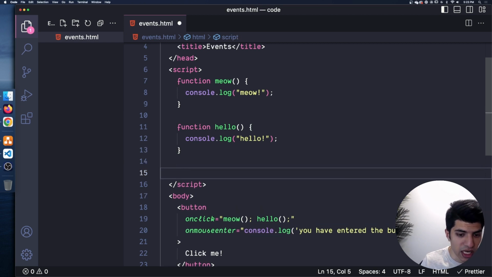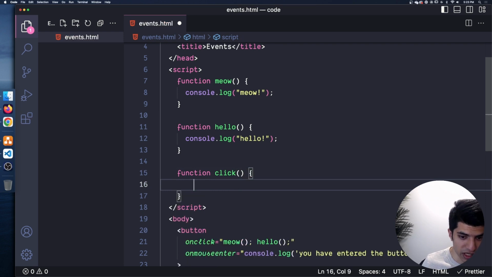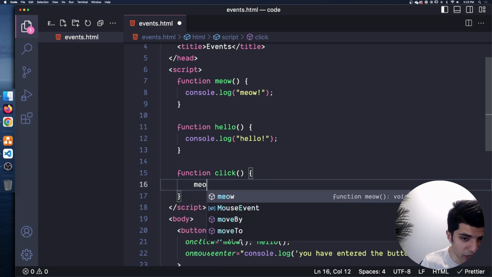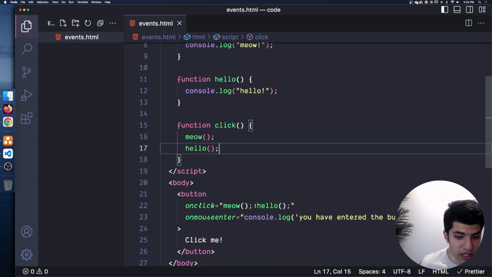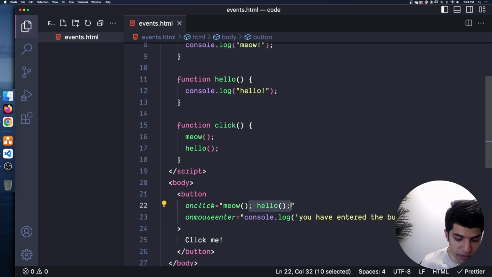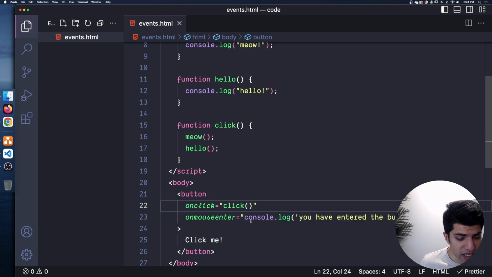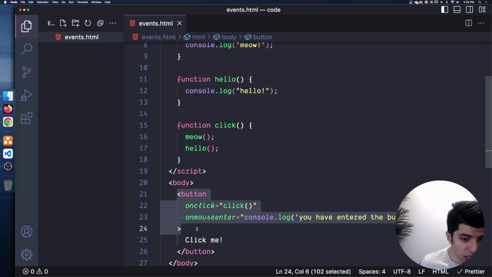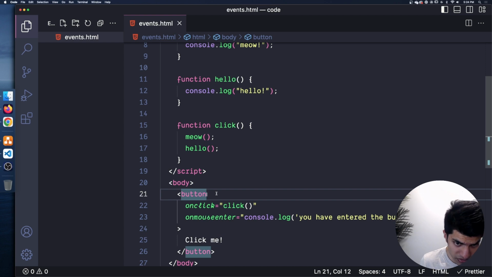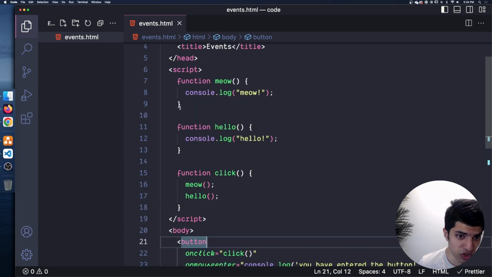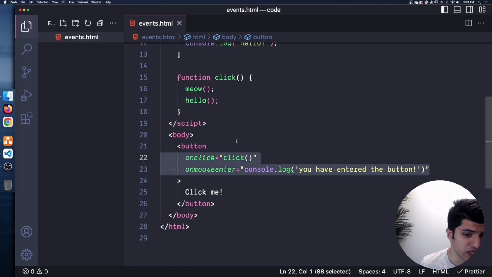So maybe I can say, function click, with probably a better name here, click log or something like that. But in here, what we can do is I can call meow and I can call hello just like that. And now I can get rid of this and make this all work in one function call, just like that, right? This is definitely much cleaner because in order to actually understand what's happening here, we can look at the JavaScript and we don't have a bunch of random JavaScript kind of mixed in here with our actual HTML, which is